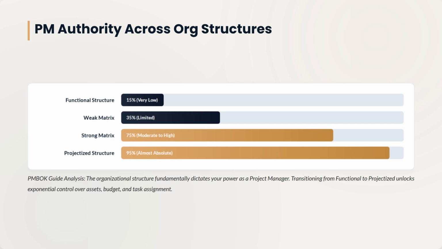Let's visualize this hierarchy. In a functional structure, you have practically no power. Moving to a weak matrix gives you a minor role. Once you reach a strong matrix, your influence rises to around 75%. And finally, a projectized structure gives you almost absolute control over your project's destiny. Knowing where your company sits on these charts tells you exactly how much negotiation you will need to do to secure